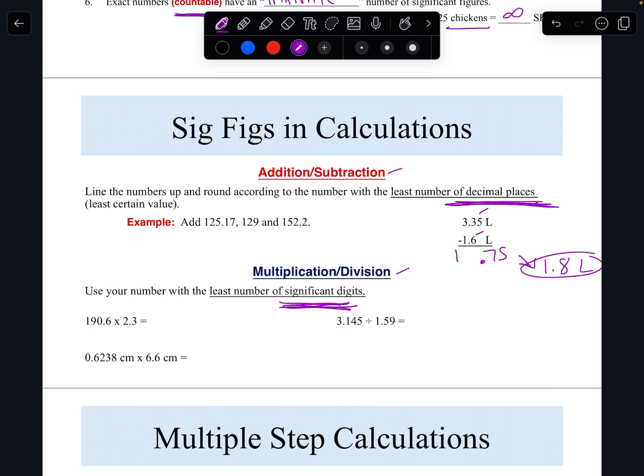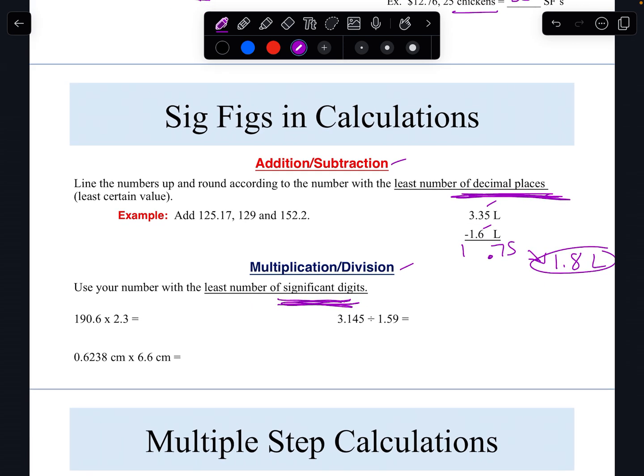190.6 times 2.3. Now, the entire time in my course, you will be allowed to use a calculator. So please don't hesitate to have your calculators, not your phone, but a scientific calculator. It costs about $10, to do your homework and to take your exams. Okay, so when I do 190.6 times 2.3, I get